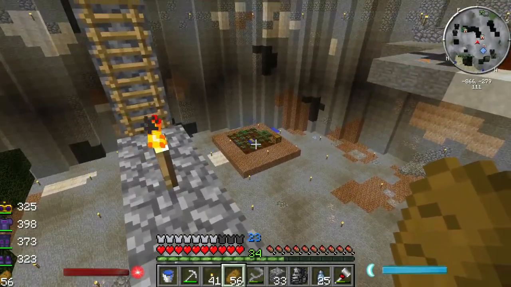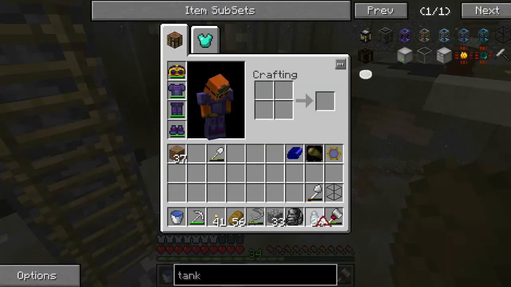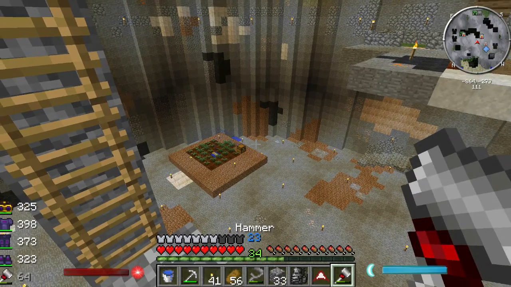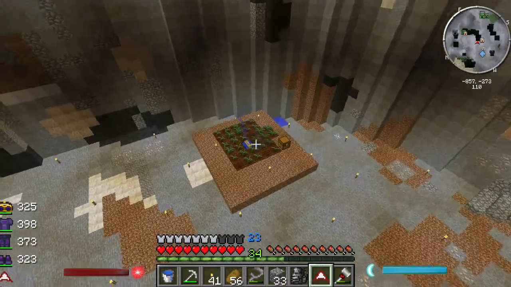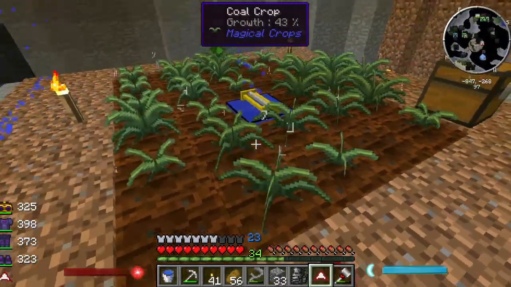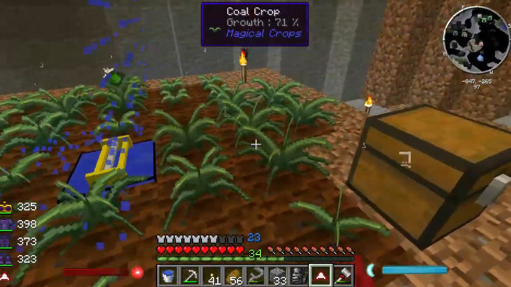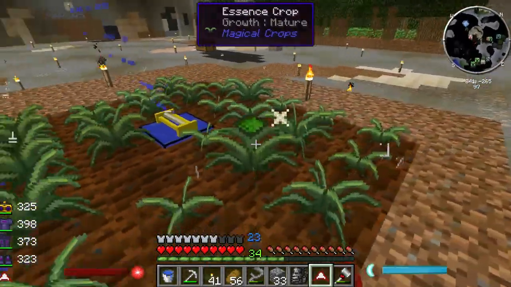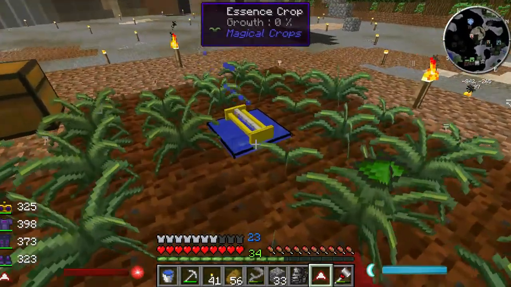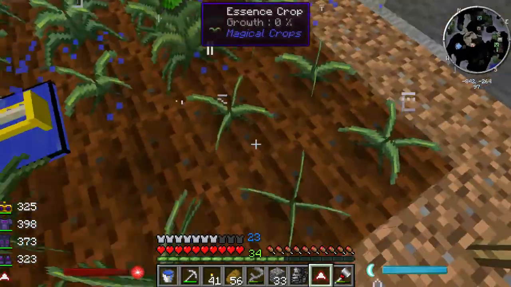And now down here, over here, you can see this little farm that's set up. I'll just hop down. Yep. You can see that I set up some magical crop stuff. So I've got a few coal seeds and a few of the essence crop, and that's what they look like when they're fully grown. And this is a sprinkler from OpenBlocks and an OpenBlocks tank underneath, and then underneath that,